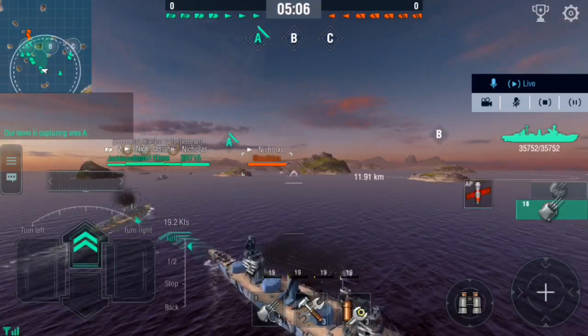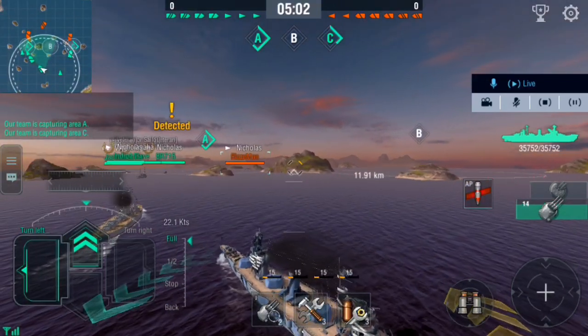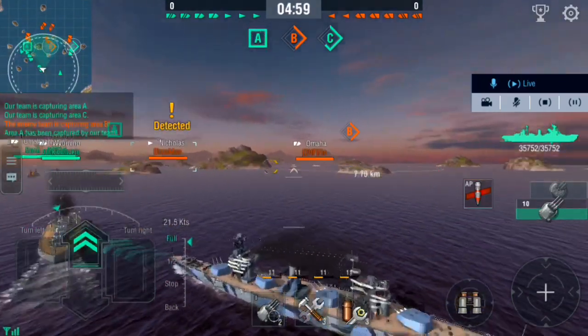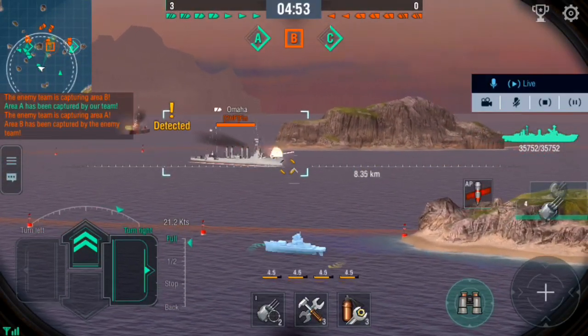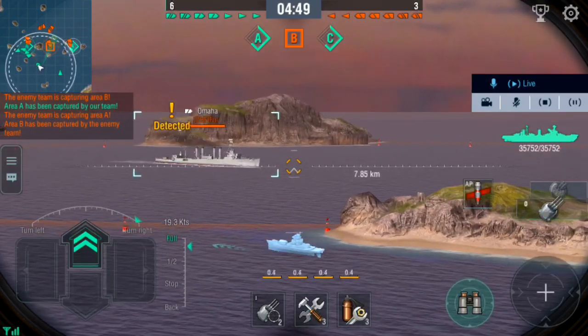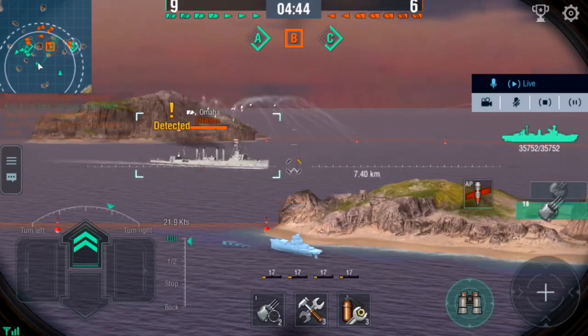Again, I'm going to load AP. The other advantage to having 12 guns running HE is that you can do a lot of fire damage to targets. So obviously with HE, you're going to sacrifice probably 20% of your damage, but you can light guys on fire so often that I was literally lighting dudes on fire at least one fire per volley,